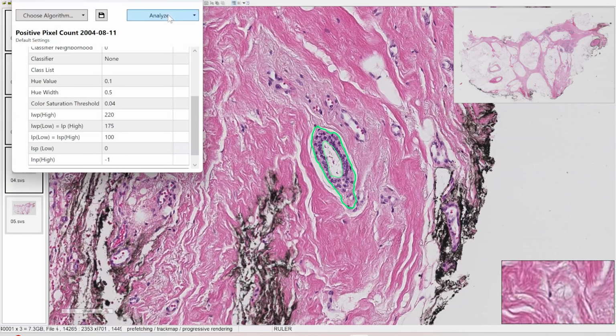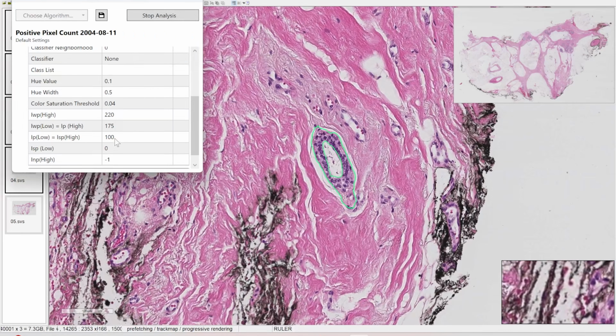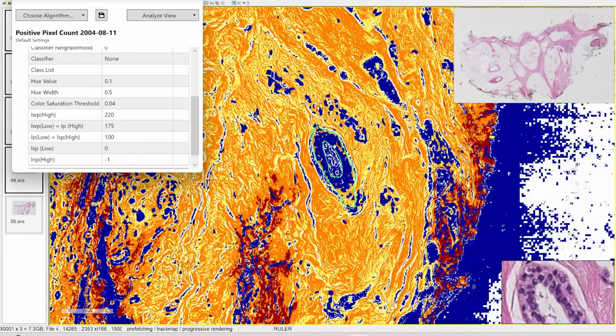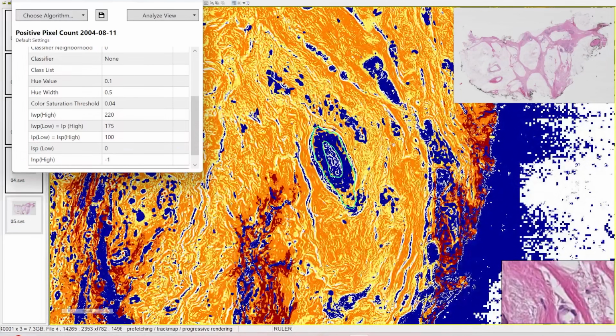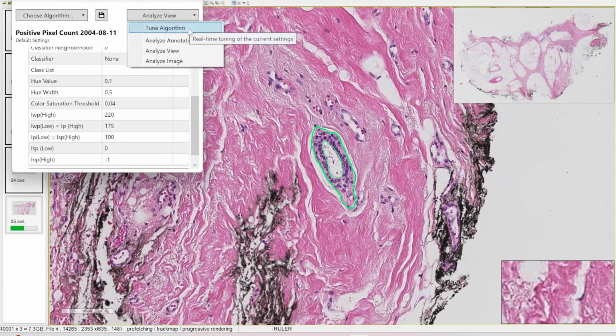For example, if we pressed on Analyze and then selected Analyze View, it will start based on the initial values to analyze the whole slide image or the whole view in front of us. It's processing, and after it completes, it starts to identify each of the regions based on the hue and saturation to a specific class. If you press again, you can also apply real-time tuning of the settings you are getting